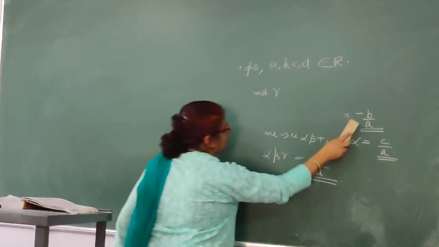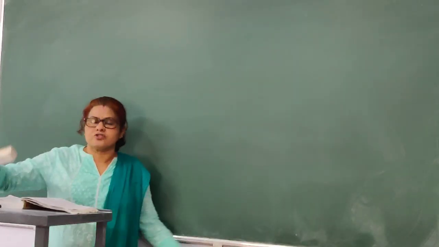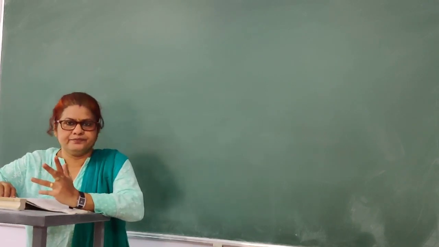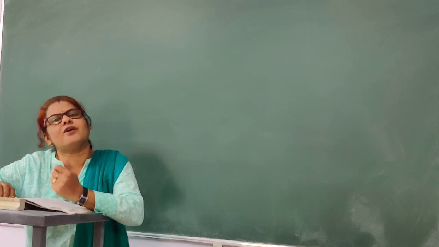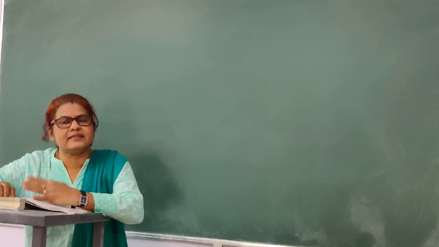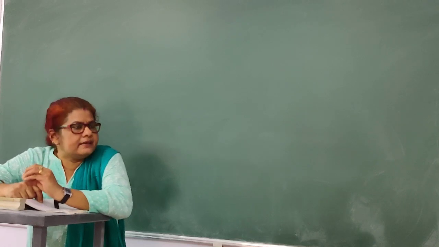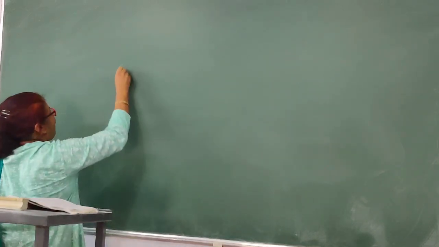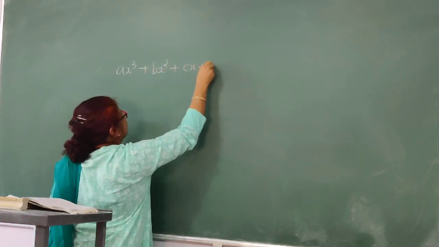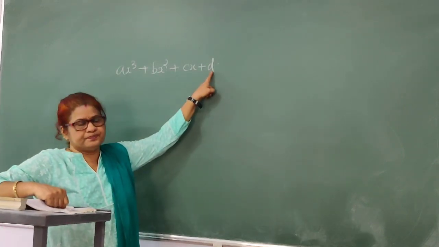To find the zeros, as I have already told you, we have to apply the factor theorem for a cubic polynomial. How to apply the factor theorem for a cubic and a polynomial of degree 4, we have discussed in the 9th standard. For that we have to concentrate on the constant term. In the cubic polynomial ax cubed plus bx squared plus cx plus d, d is the constant term.